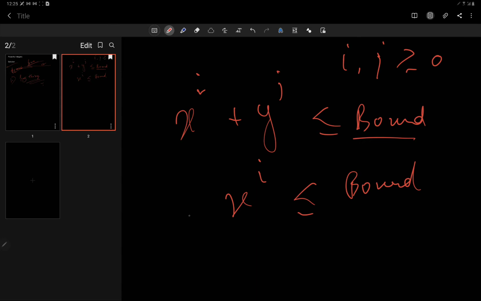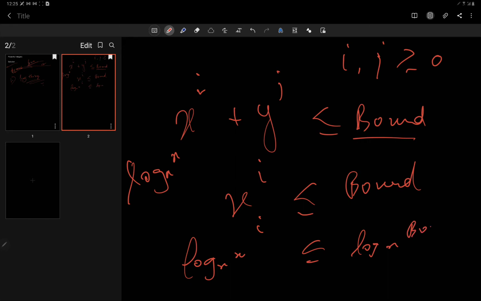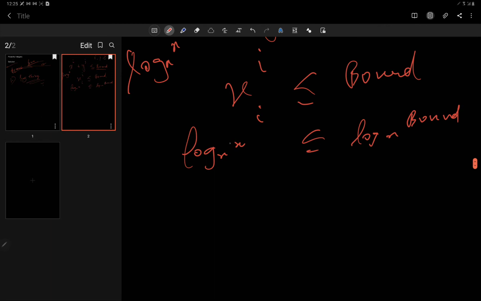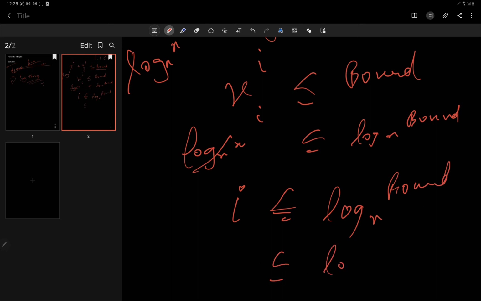If log is taken of base x only, then this would be 1 only. Now taking log on both sides to the base x, what is the value? Less than or equal to log x bound. Now moving further, log x of x to the power i gives i, so i is less than or equal to log x bound, and we can calculate this value as log 10 to the bound